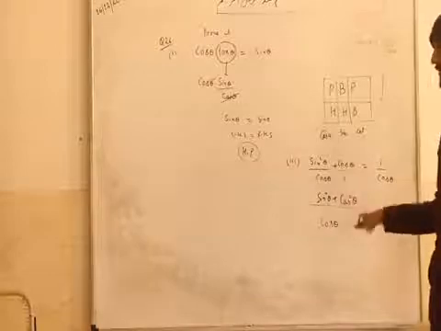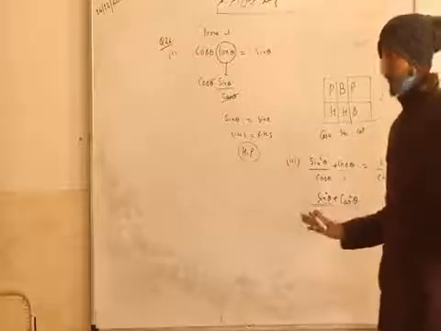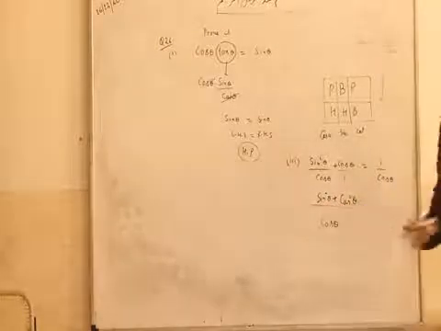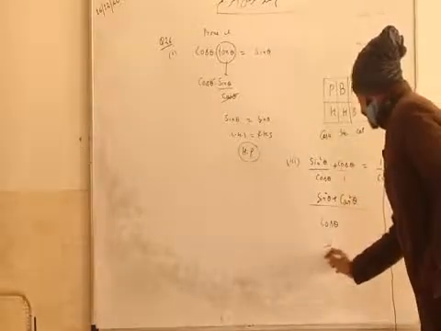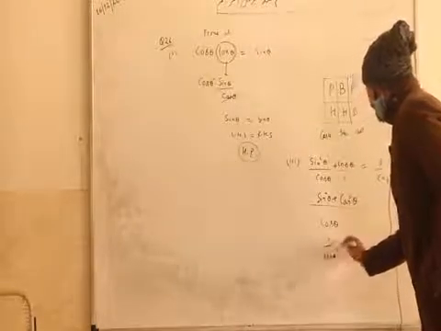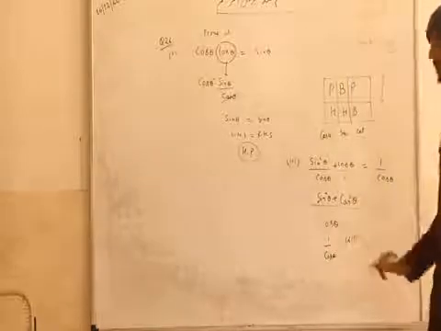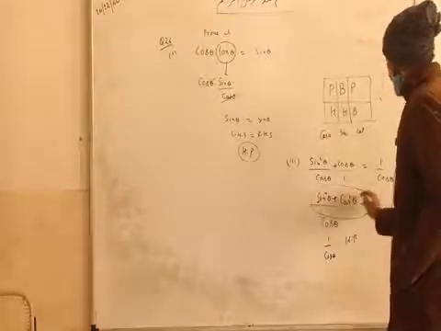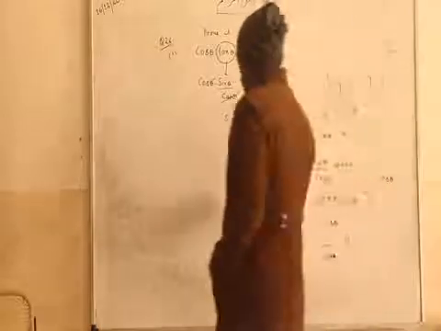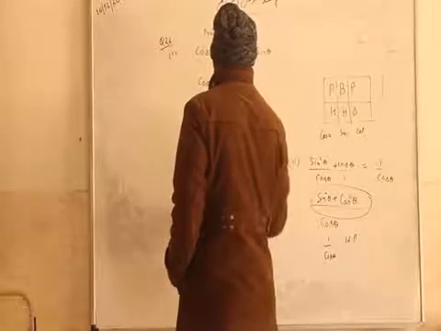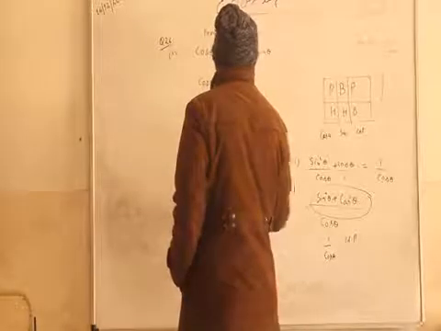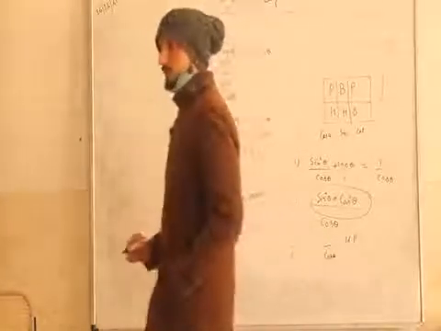But we are taking LHS only. So there is an identity. I told you that sin square theta plus cos square theta equals to 1. So directly put it, 1 by cos theta. Okay, it is proved. LHS equals to RHS. There is an identity that we have discussed: sin square theta plus cos square theta is always equals to 1. This is an identity.